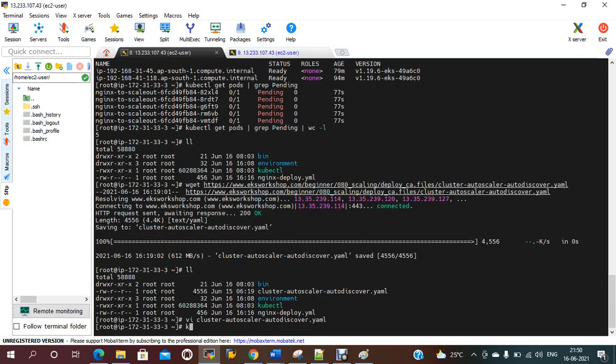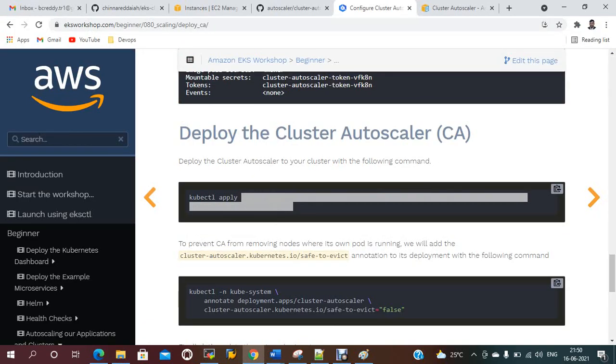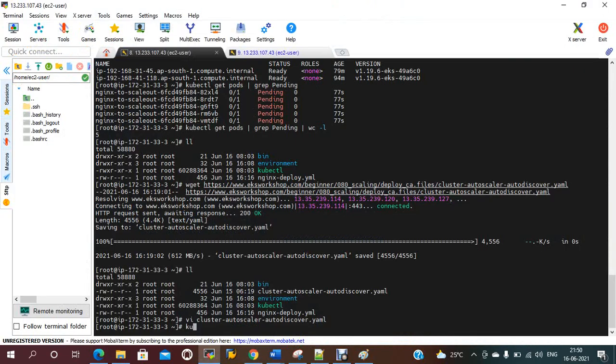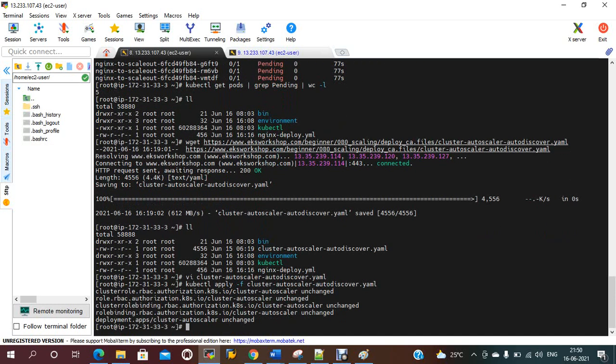Now let me apply this one. kubectl apply -f cluster autoscaler YML. This is running now, unchanged.